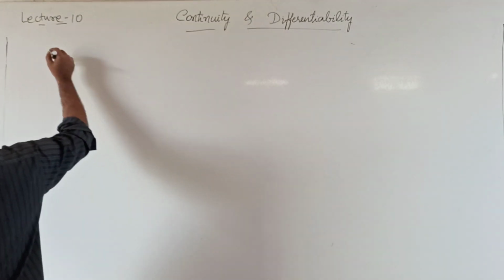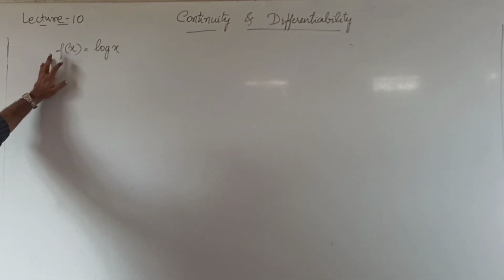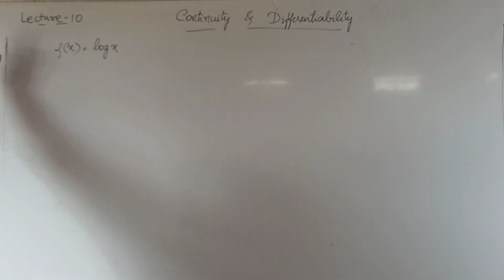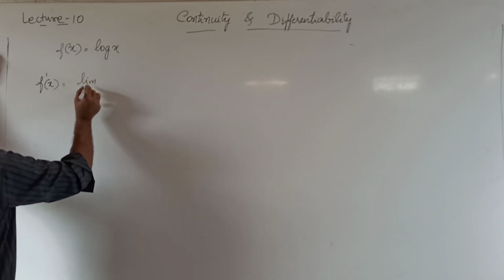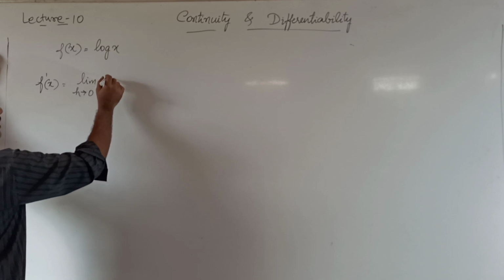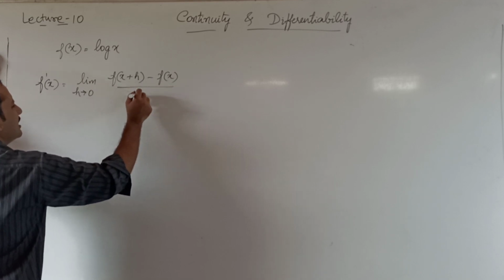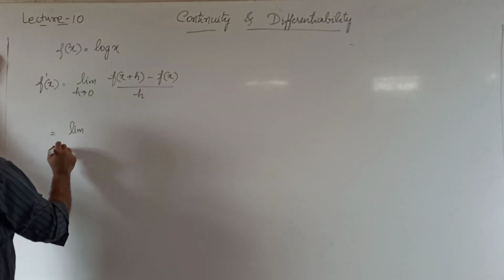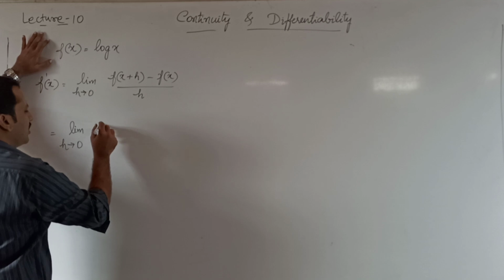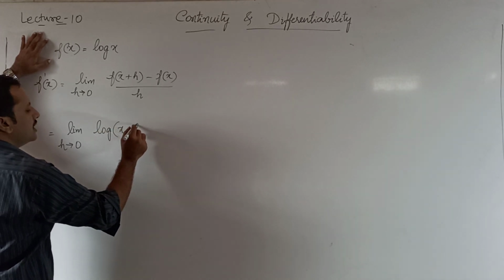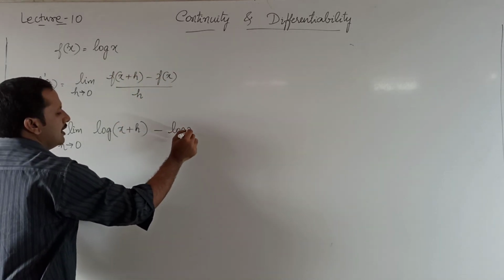Okay. So I will take let f of x is equal to log x. When I write f of x equal to log x, I mean log x to the base e itself. Then I want f dash of x. F dash of x is given by limit h tends to 0, f of x plus h minus f of x divided by h. That's equal to limit h tends to 0, f of x plus h. F of x is defined as log x. So f of x plus h is log x plus h minus f of x is log x divided by